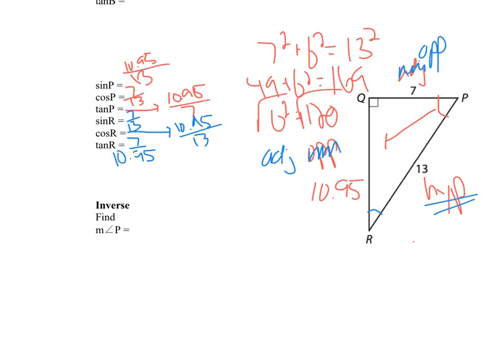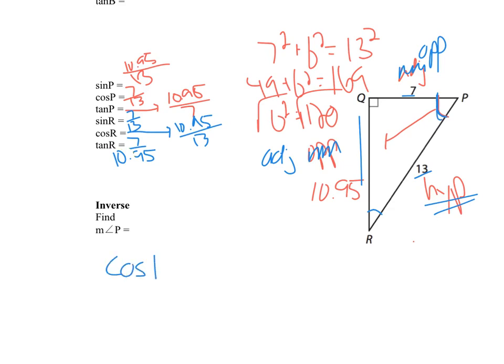All right, now we want to find the inverse. So we want to find the measure of angle P. We can use any of these trig functions since we know all the sides. I'm going to go back to the beginning where we didn't have QR. So we just had 7 and 13. So then angle P then is going to be